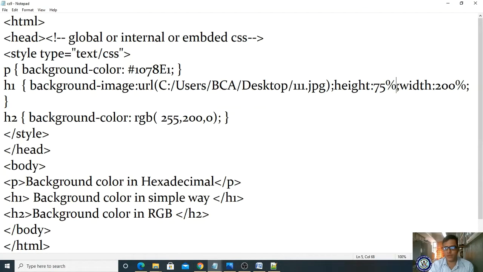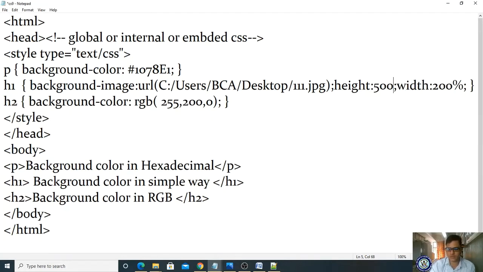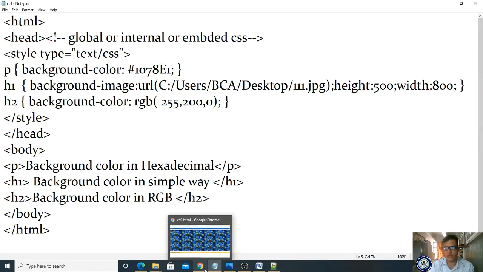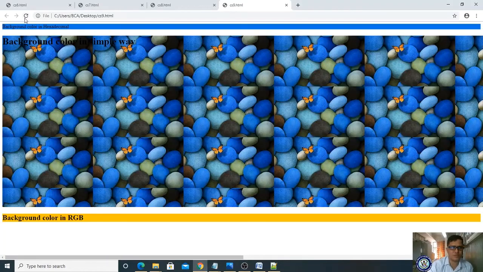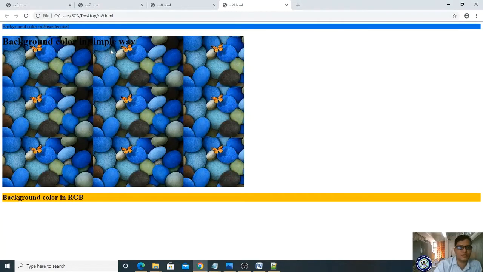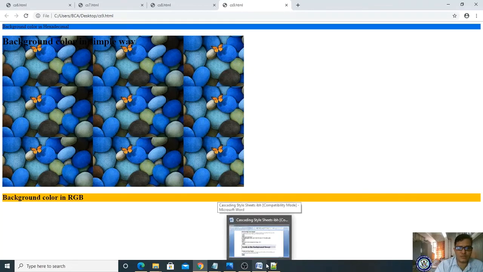Let me make it 500 pixel, and here 800 pixel. If you just give numbers, it is treated as pixels or points, or if you give a percentage, it will be taken as a percentage. Got it? So within this height and width, it is taking your image as background.